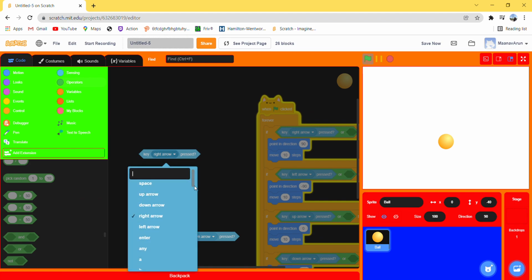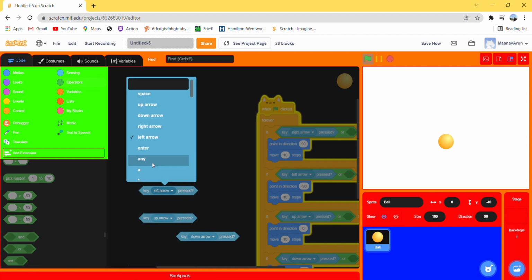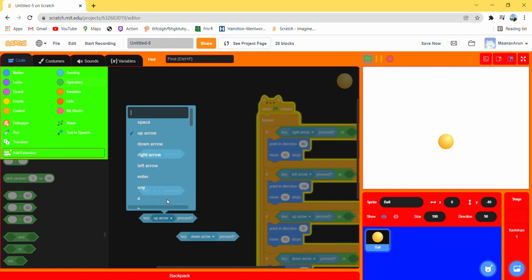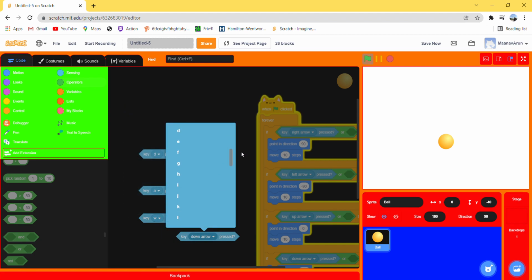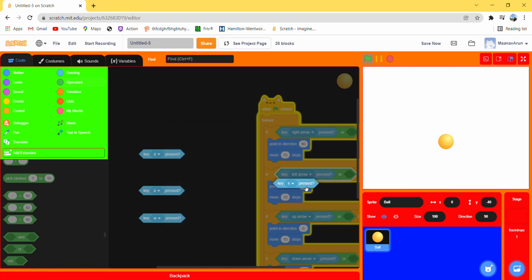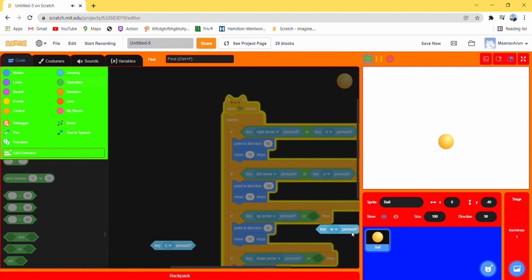you can set it to be D. Instead of left arrow, you can set it to be A. Instead of up arrow, you can set it to be W. And instead of down arrow, you can set it to S. And you can put them right in the order. So D, A, W,